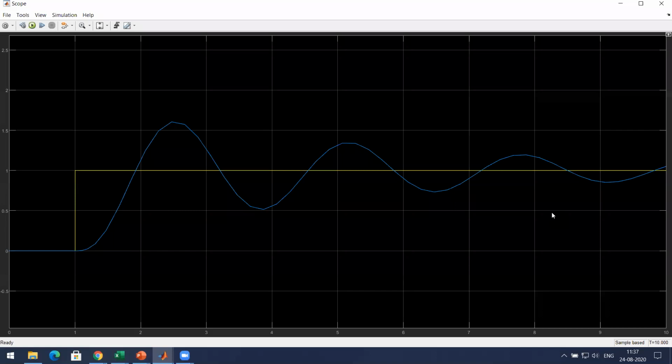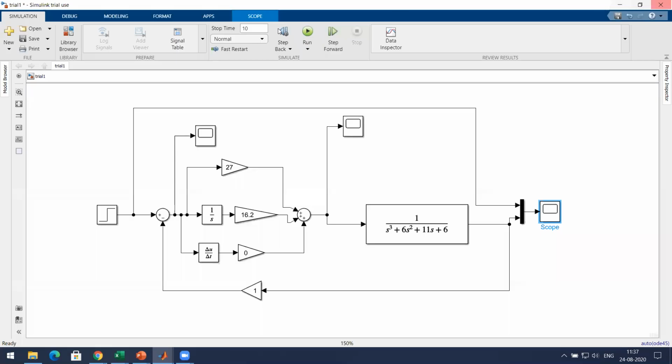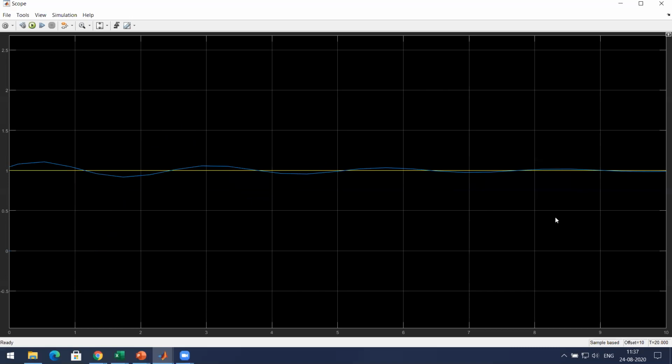So this is what Ziegler-Nichols is giving. See the overshoot, it's more than 1.5 above here.